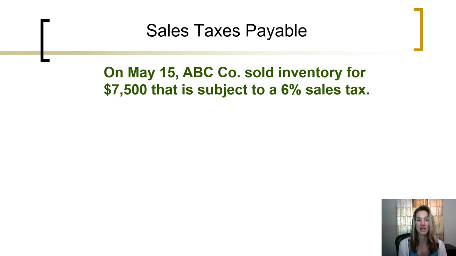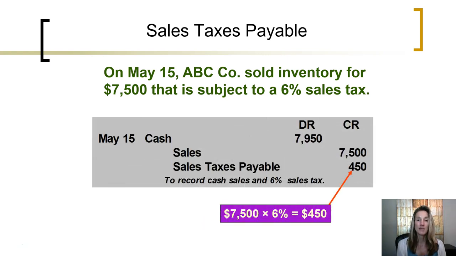Let's first look at sales taxes payable. On May 15th, ABC sold inventory for $7,500. Their sales are subject to a local 6% sales tax. When ABC makes the sale to the customer, the revenues that they record is $7,500, so they will credit their sales for $7,500. But they will actually receive cash of 6% more, or $7,500 times 6%, an additional $450, because